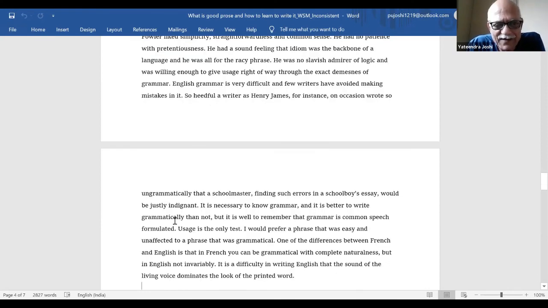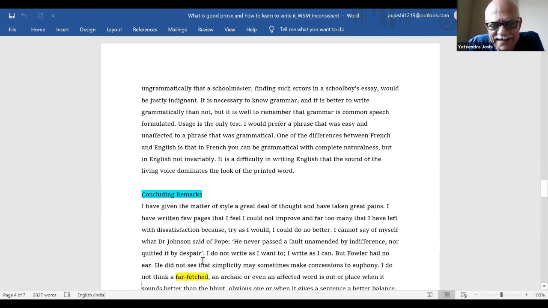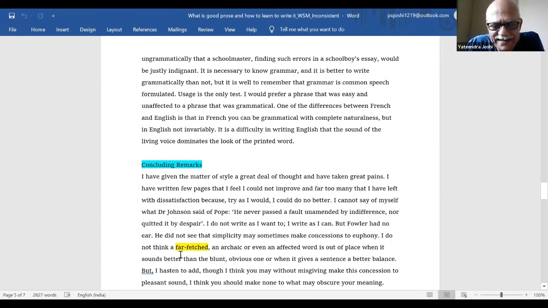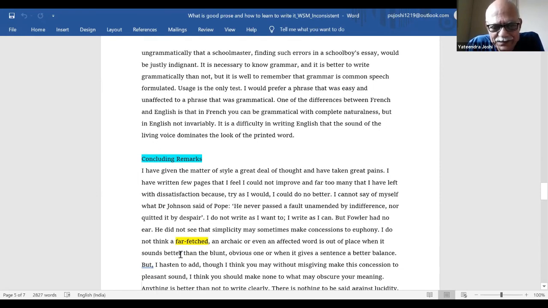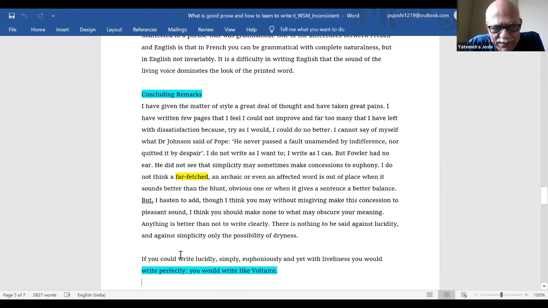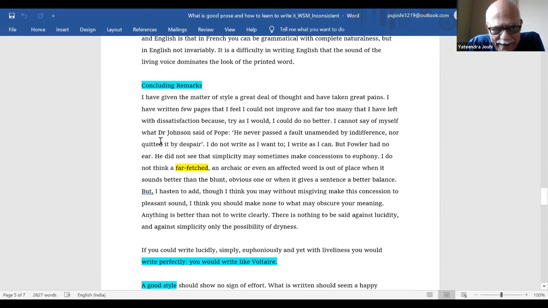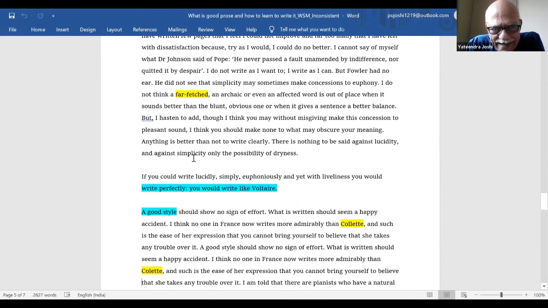Concluding remarks. Now far-fetched: in this case it is hyphenated, in another case it was not. Now here, this is what I mean. Here you see the paragraphs are separated by extra white space, whereas some other new paragraphs are signaled by first line indent.